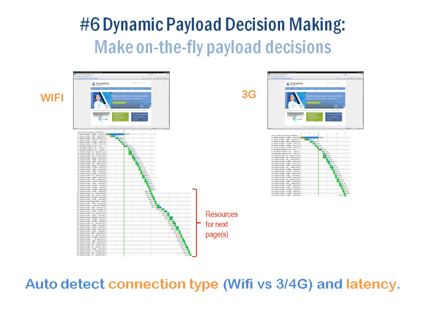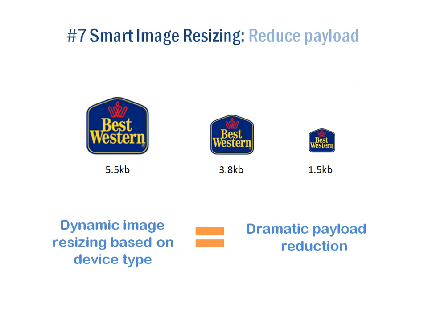If you're on 3G and on a constrained contract where you might only have 1 gig of data, our customers are asking us to be more sensitive to that customer. This is just one example of dynamic payload decision making. There are others that we can leverage to make the best payload decisions based on the connection that you're coming in on. One of the elements that needs to happen as well is image resizing, both the size and the